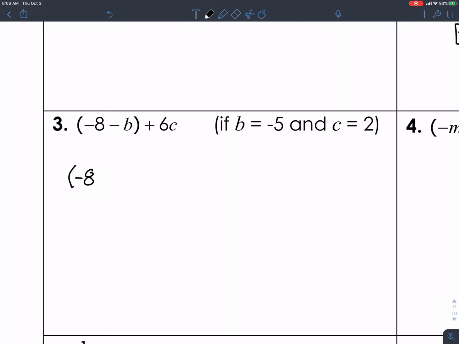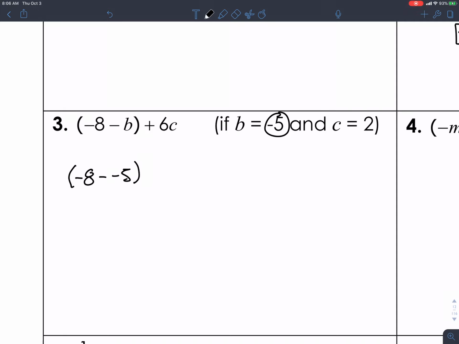And what you might want to do, let's not put any parentheses on this B because I don't want a bunch of parentheses. It starts to get busy. Parentheses don't really mean anything other than you're trying to separate things so they don't get confused. But a -B, that's going to be interesting. A -B, and B is -5, so that's a